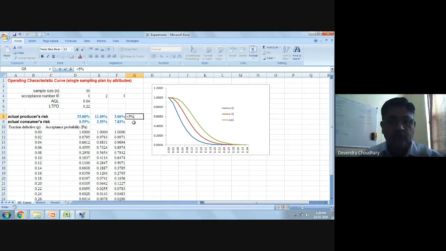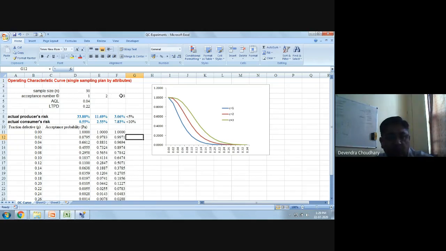Okay, and it should be less than 10%. So keeping these conditions in mind, you see here that this is the situation which satisfies these conditions. So when we have sample size of 30 and acceptance number 3, you have producer risk about 3% and consumer risk about 8%. So here a very good lot, the probability of rejection is only